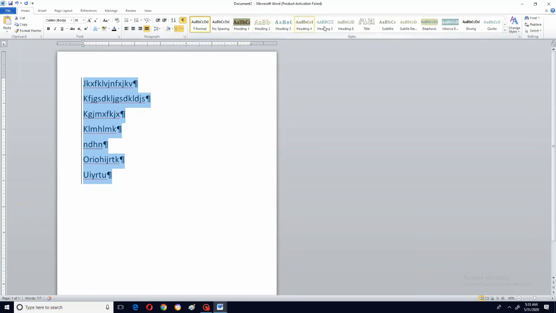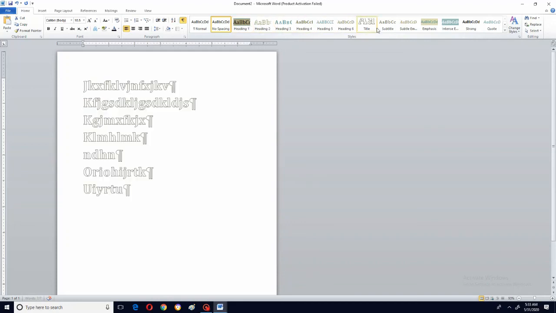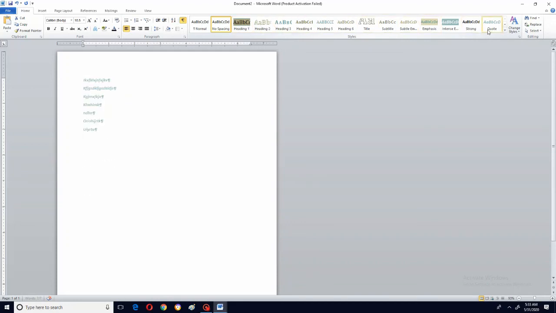Now we'll come to the heading styles. Now see, according to these shapes, colors and all, these are the different styles. Can you see here, change styles? This depends on this. So these are the different styles for the heading. Not only for heading, whole paragraph or whole page it will take. See, when I move my mouse pointer there, it is automatically changing. Can you see here? So these are the different styles of heading or for the whole paragraph. This comes under changing styles.